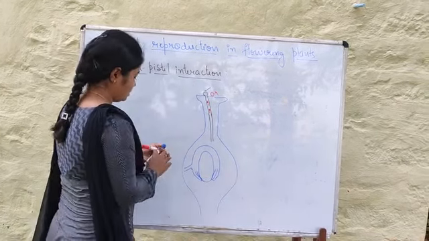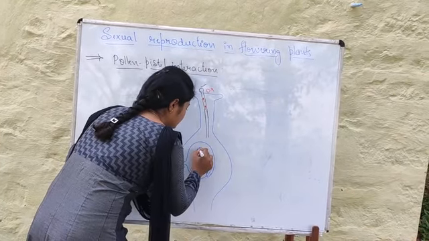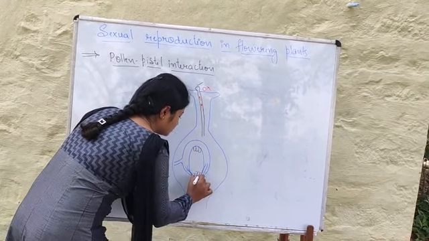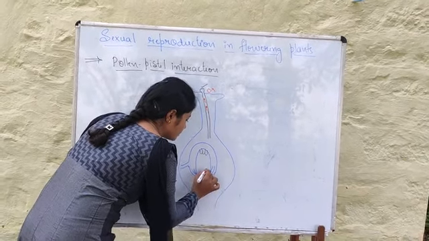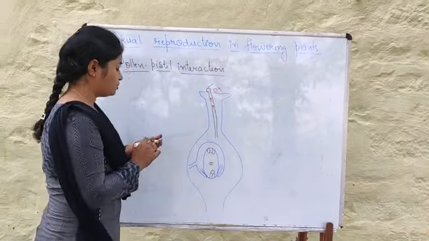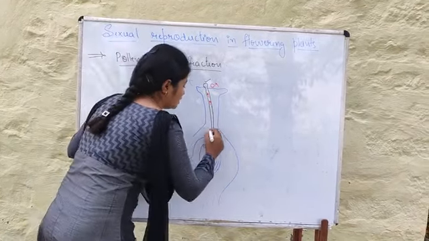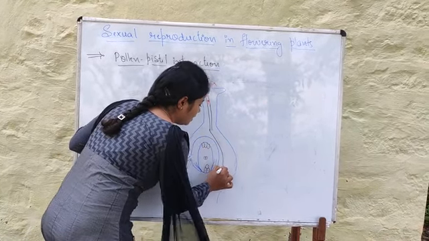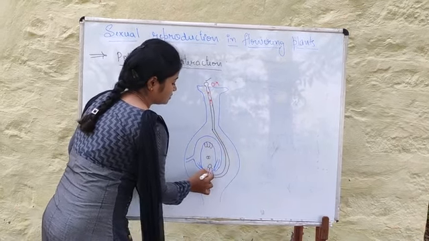embryo sac. So this is the micropylar end and this is the chalazal end. Towards the chalazal end there are 3 cells called the antipodals, and towards the micropyle there are 3 cells, out of which 2 are synergids and 1 big large cell is called the egg, and in the center there is a polar nucleus. So this is the structure of an ovule. Once it enters the ovary, the pollen tube is going to enter the ovule through the micropyle, right? The micropyle is the opening where the integuments are absent, right?